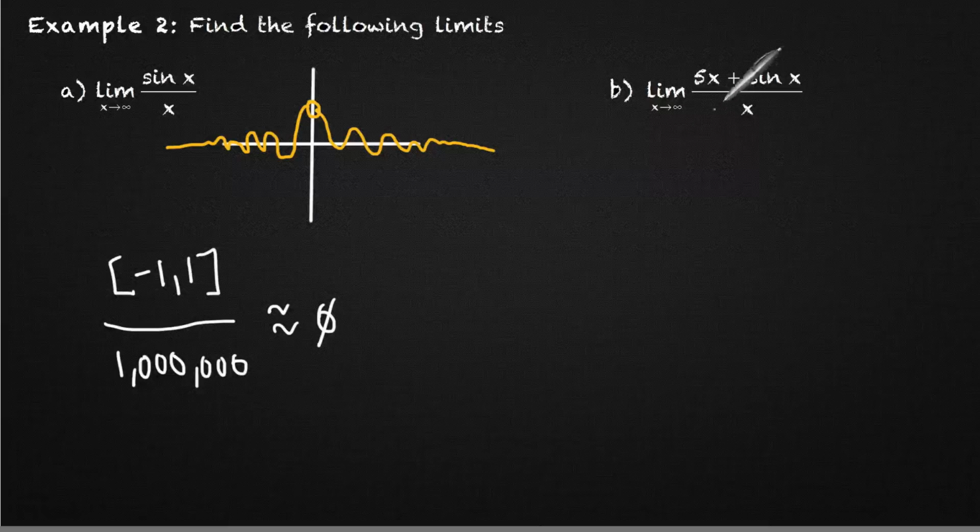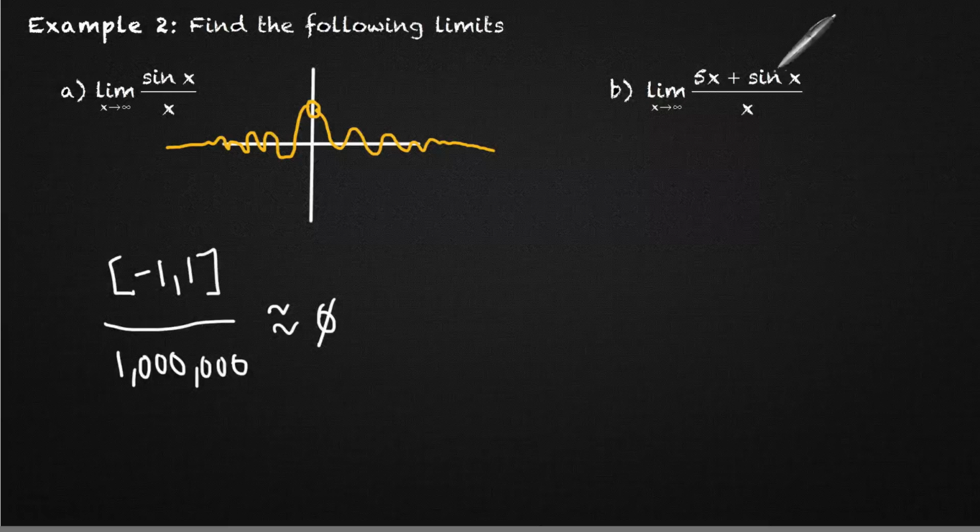Let's try to apply this to part B. Part B, we could use that same logic, and a lot of these are just simply thinking about the problem. If you plug infinity in, once again, you're going to have 5 times infinity. Well, let's just use 1,000,000. 5,000,000 plus or minus 1, which once again, this is negligible because as you can let x get as big